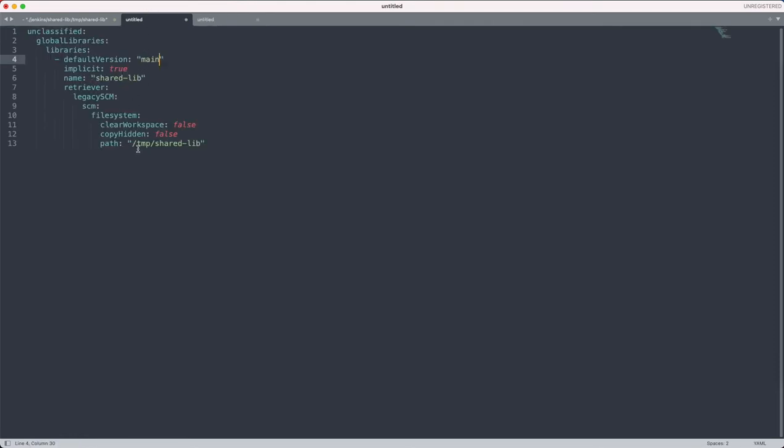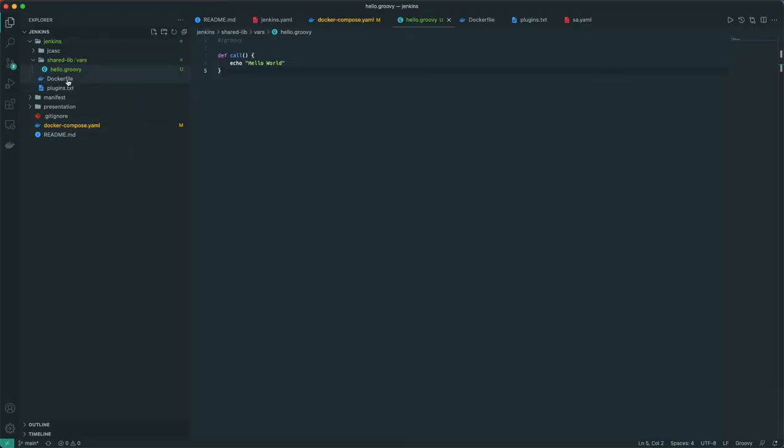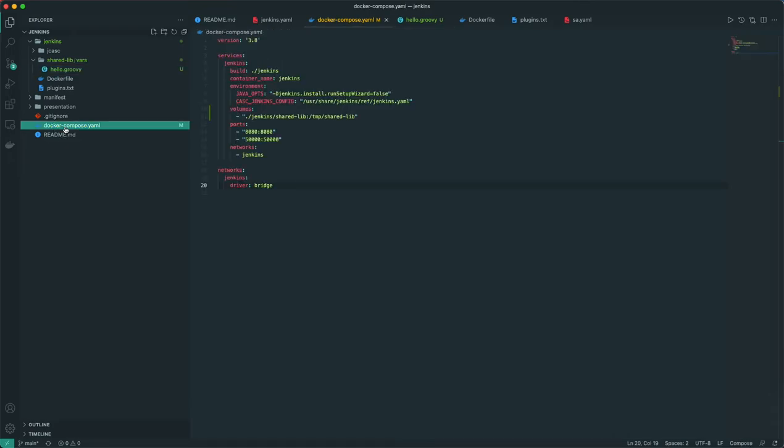What we are doing here, if you notice in our volumes Docker Compose file, under the Jenkins folder I have a shared lib folder. This shared lib folder I am mounting inside the Jenkins container at /tmp/shared lib.